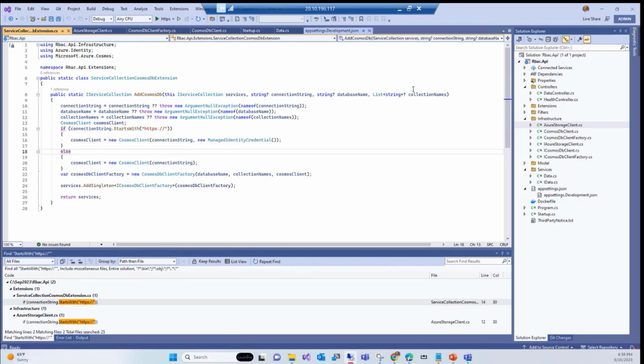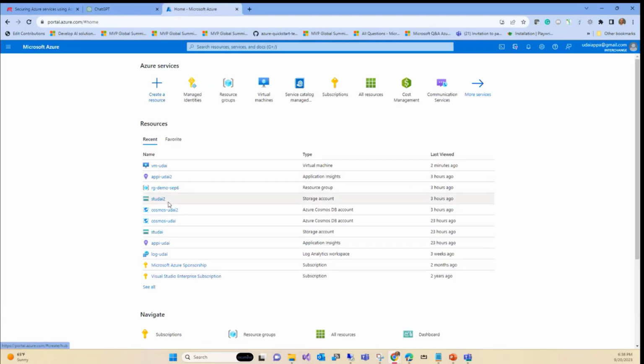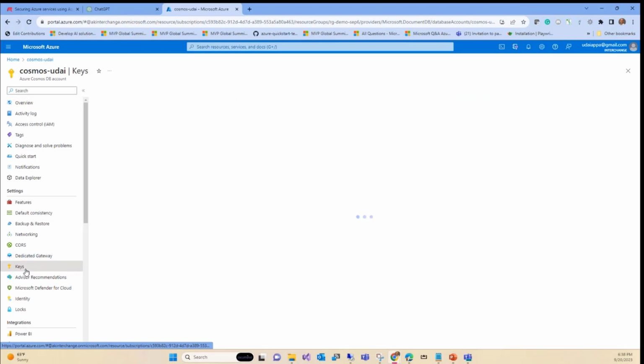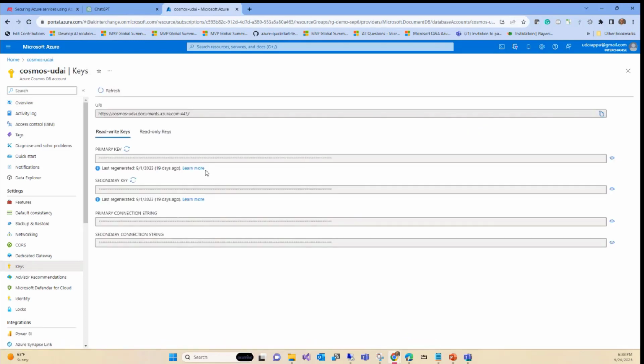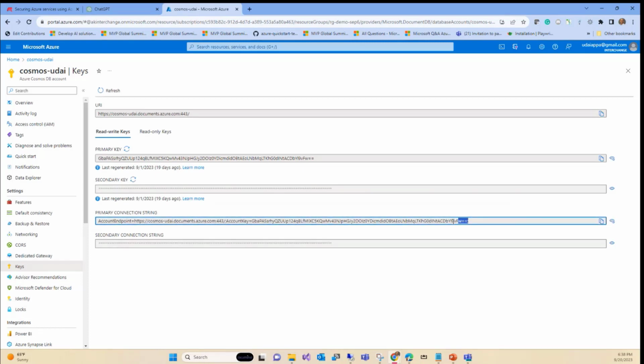In a typical connection string, if you look at it, this is not going to look like this, right? So I go back over here, I go to my CosmosDB, and then I look at my connection string. This is a pretty lengthy connection string, right? I don't mind you guys seeing the connection string. See, this is pretty lengthy, right? It says account endpoint, it has account key. That's how the connection string works.